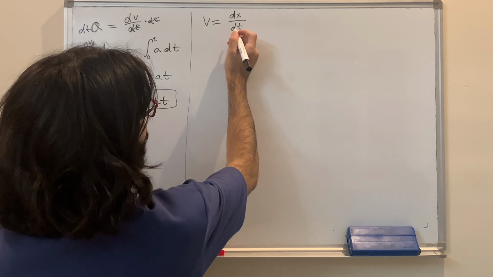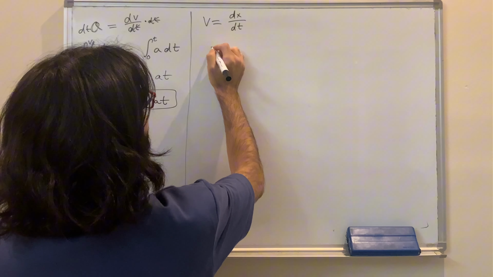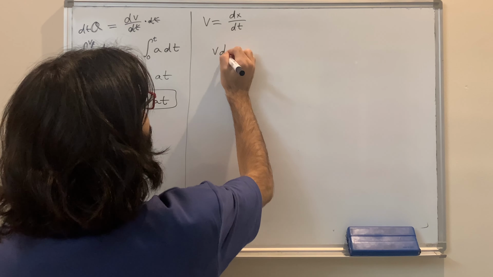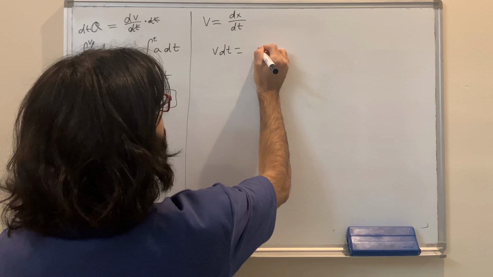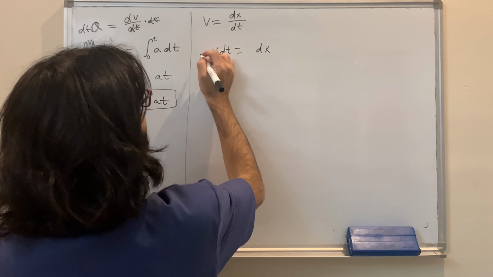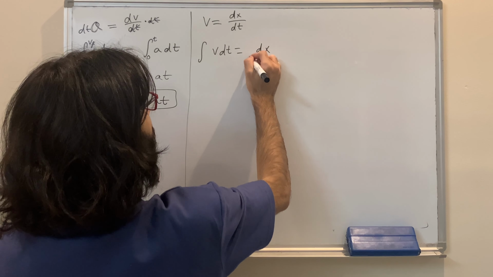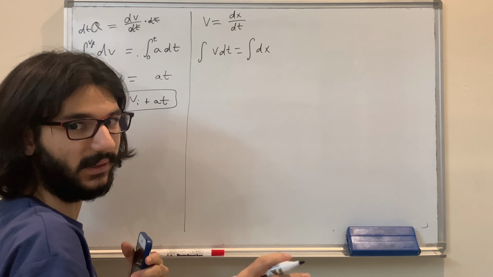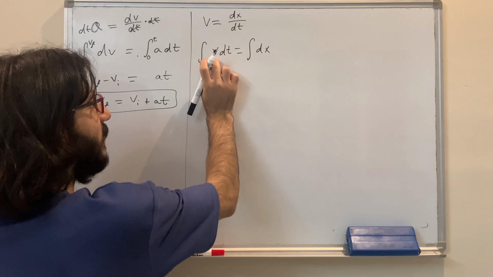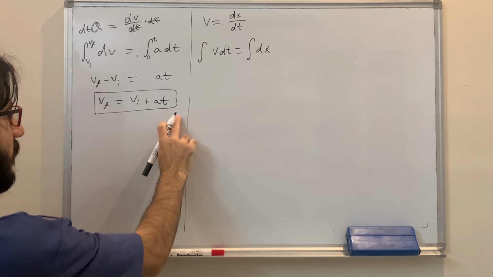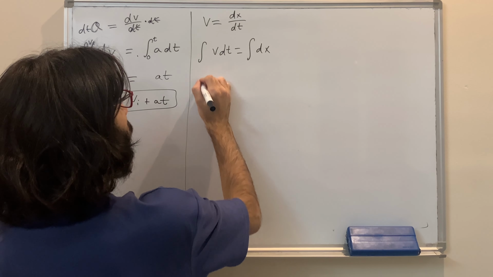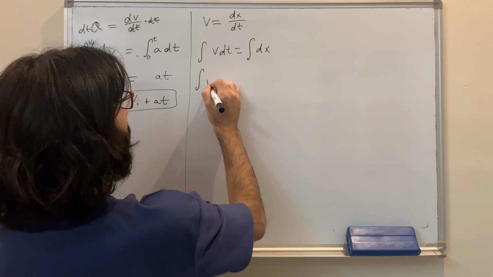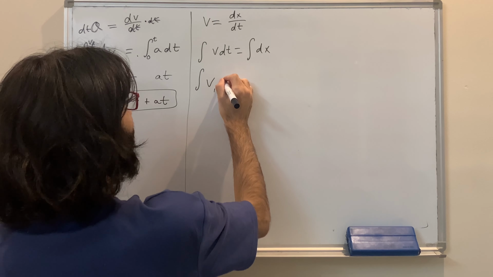So now we solve for dx, and that gives us v dt equals dx. Again, we integrate both sides. Firstly, before we do anything, we're going to write v as v initial plus at. So we get the integral of v initial plus at